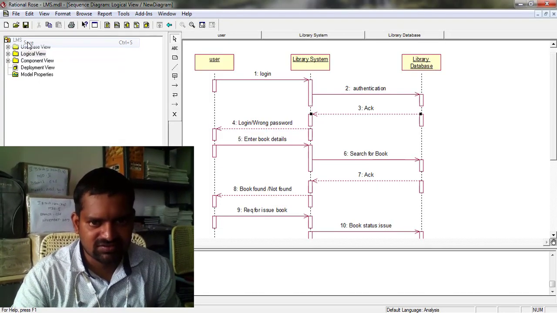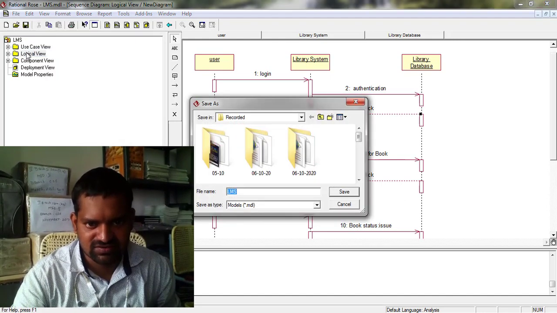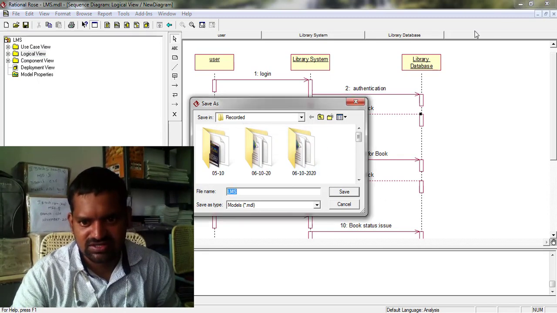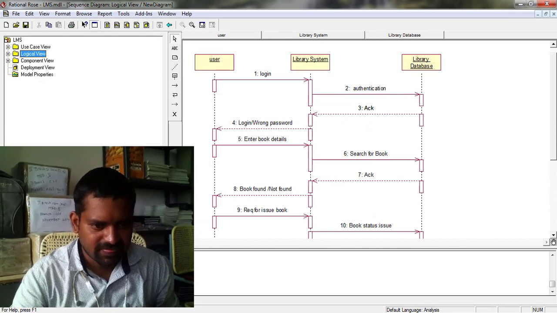File, save, save as. If I click save as, it is recorded there. Where is it recorded? Cancel.